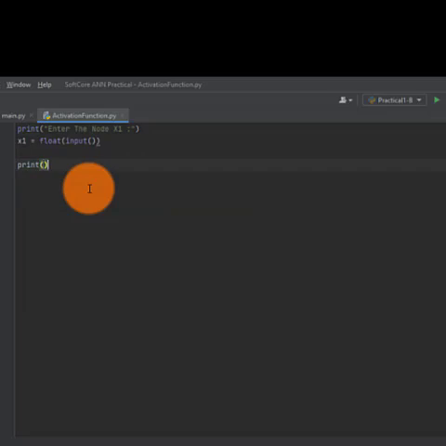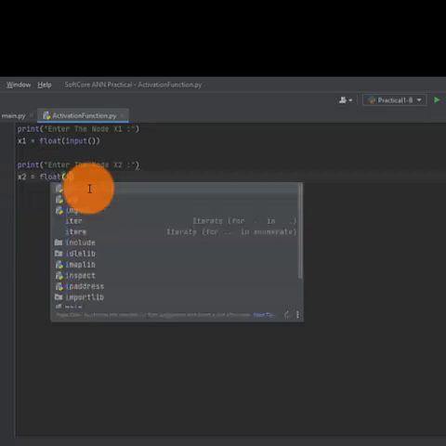Same for the second input, enter the node x2, x2 equals, again store the value in x2, float input.